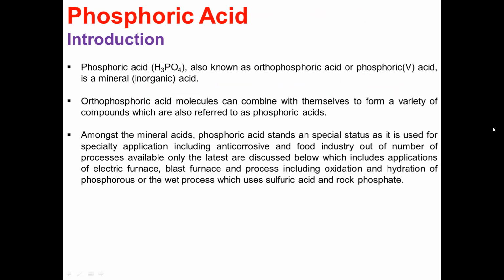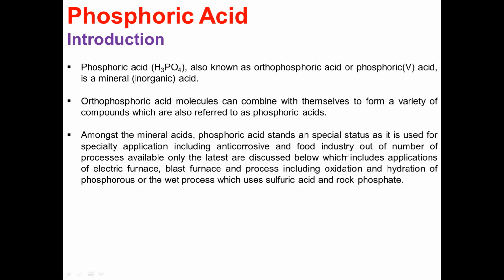So first is phosphoric acid. Phosphoric acid, also known as orthophosphoric acid or phosphoric(V) acid, is a mineral acid or an inorganic acid. Orthophosphoric acid molecules can combine with themselves to form a variety of compounds which are also referred to as phosphoric acids. Amongst the mineral acids, phosphoric acid stands in special status as it is used for specialty applications including anti-corrosive